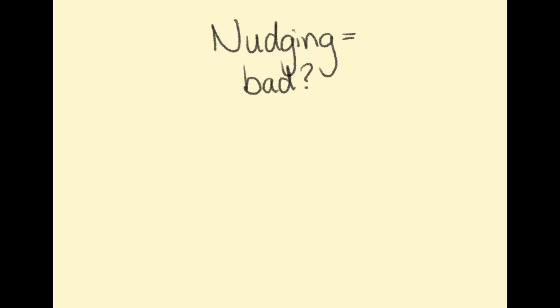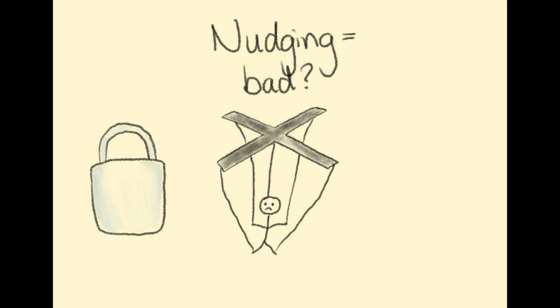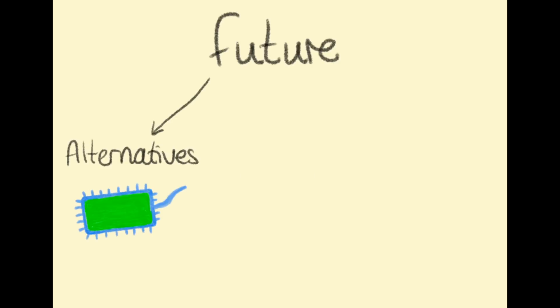However, nudging can be ineffective as some places still use plastic products. It can be seen as a form of manipulation, and it's not effective in creating behavioural changes as it's only short-term. Future interventions of plastic degradation include alternative mechanisms of plastic degradation, such as bacteria that eat plastic in a